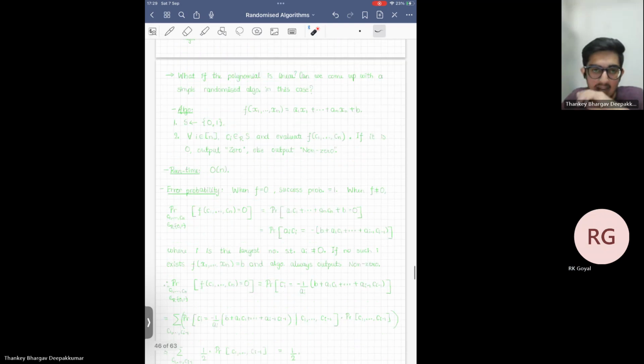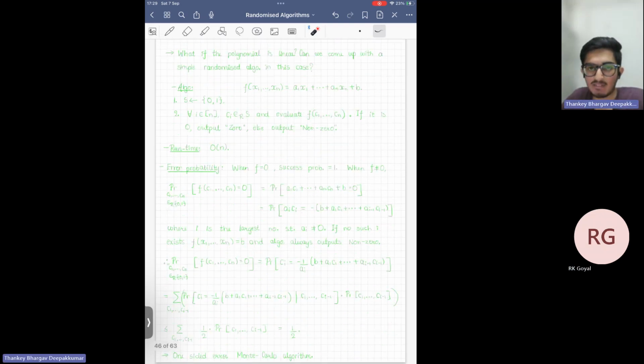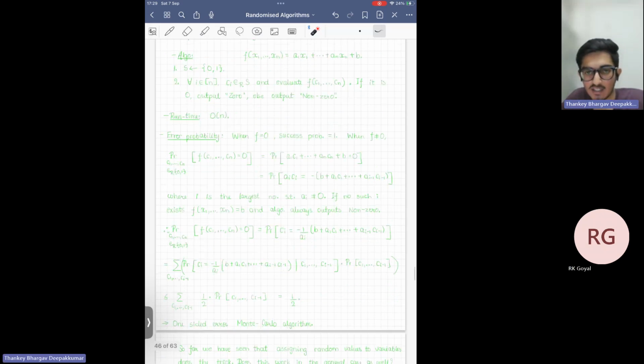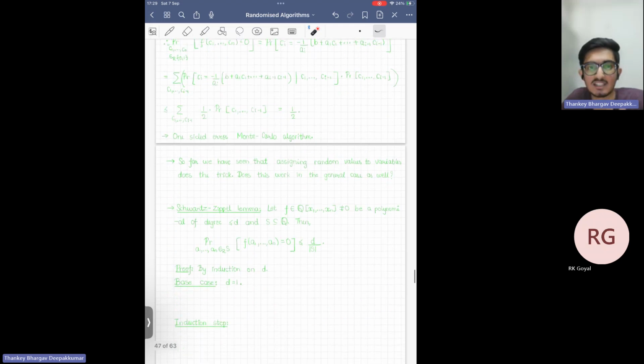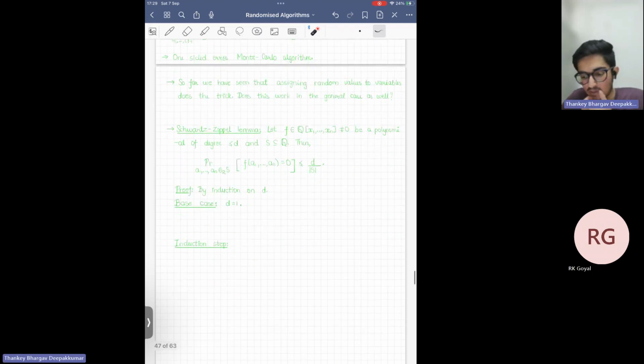Today we saw that if I have multiple variables, I can fix the values of all the variables except one variable and then argue. So now we would combine both these ideas for the general case, because in the general case there would be multiple variables and the degree would be more than one. For the general case, the statement is called the Schwartz-Zippel lemma, and it states that